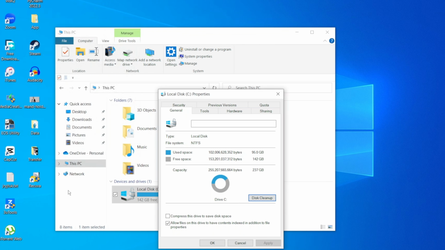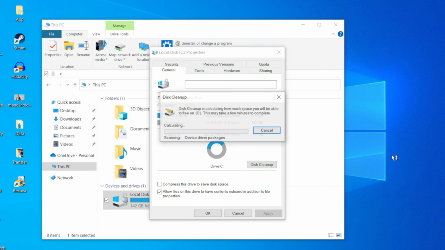It's going to run through the whole process, trying to gather those files that it feels can actually be deleted without losing any data. Number one example of files under this part is your previously installed Windows. As you can see here, it's scanning our previous Windows installation. Just going to give it some time.